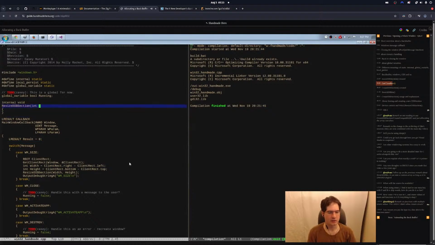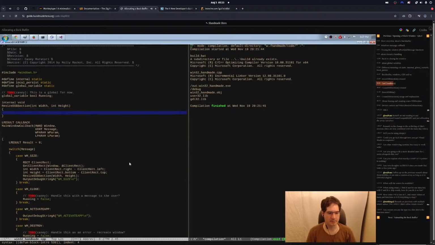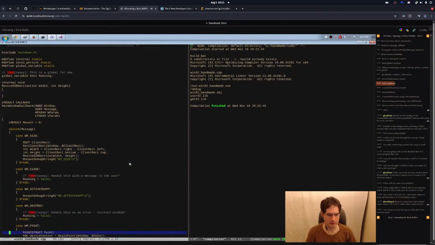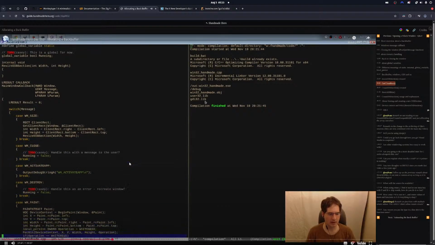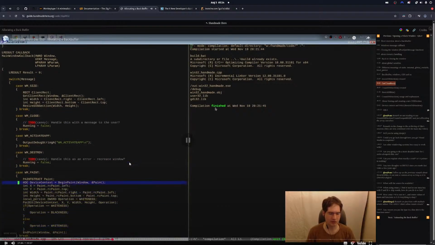So in here, we are going to get a width and a height, and we will basically need to build that buffer using Windows to give us a buffer that we can draw into. Then what we will do, once we have our DIB section sized properly, we will actually in Paint, instead of